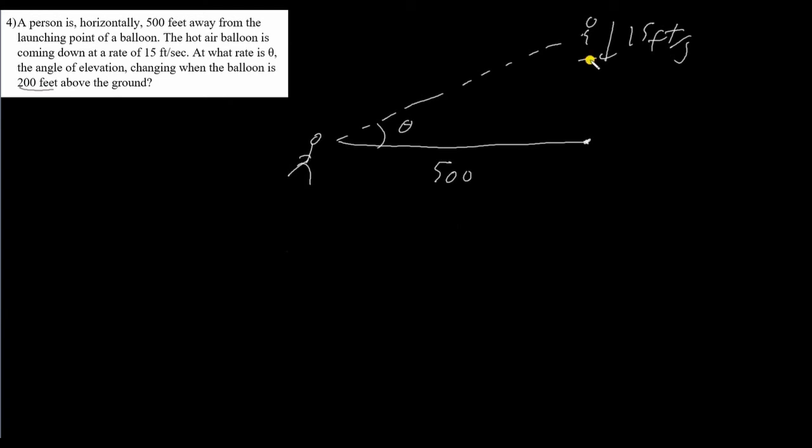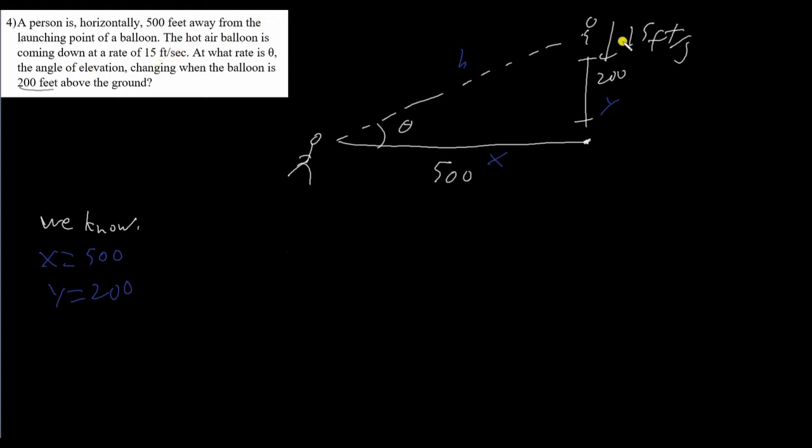So at this point, we want to find the rate of change when this distance here is 200. Okay, so the next step is to make a list of everything we know. First of all, if we're calling this a right triangle where this is x and this is y and this is h, we know x is 500, we know y is 200, and we know that the hot air balloon is coming down at a rate of